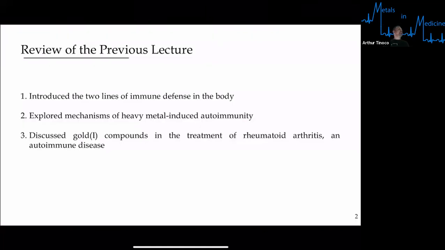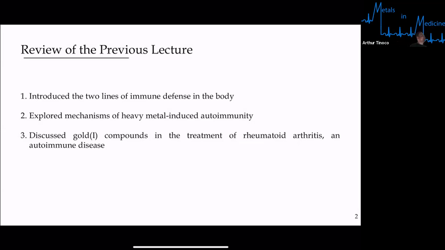Just to review a few things that we discussed two lectures ago, to refresh ourselves. We looked at the two lines of immune defense: an innate system, and a system that adapts to the presence of pathogenic species. Then we explored how heavy metals, particularly softer metals like mercury and gold, have the capacity of inducing autoimmunity. Part of that has to do with their soft nature and how they can interact with soft groups present in biomolecules to make them appear foreign. And that's the source of an immune